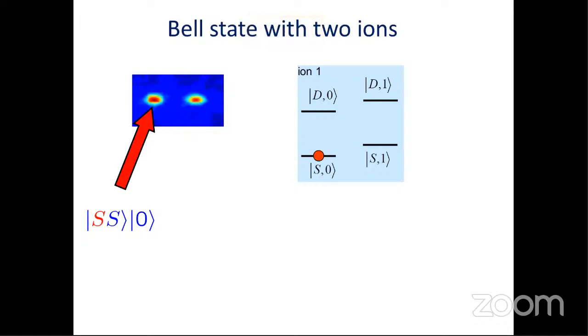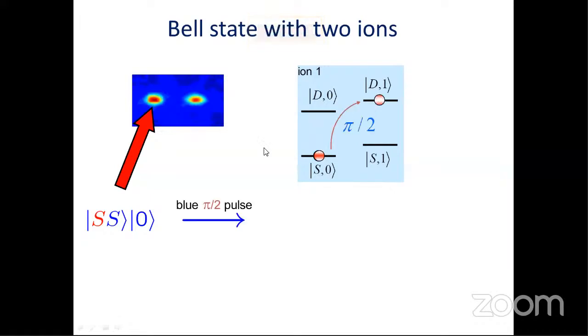Now, how does one create a Bell state with 2 ions? You have these 2 ions in a trap, and you initialize the state, which is an important criterion given by DiVincenzo for using these quantum mechanical systems for quantum computation. So these are the 2 ions here. The states are initially SS. This is ion 1. These are the 2 internal states. These are again 2 internal states, but with an extra motional state.